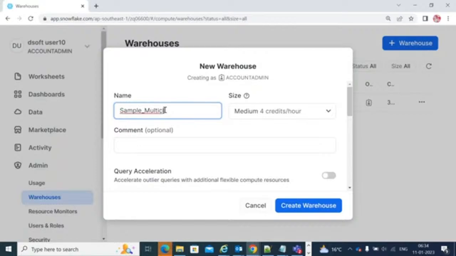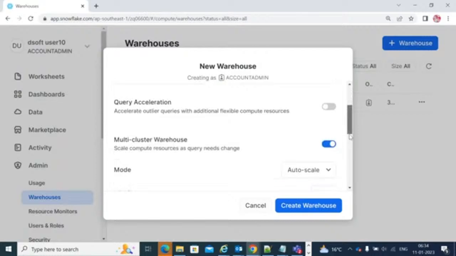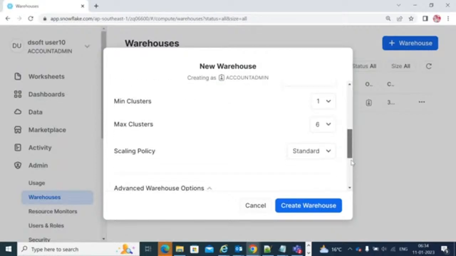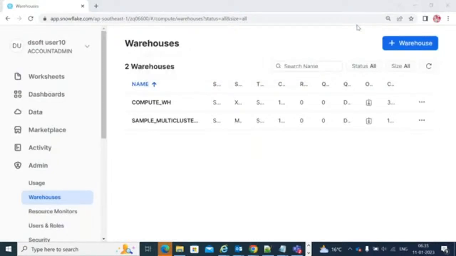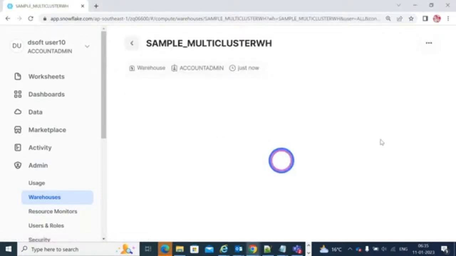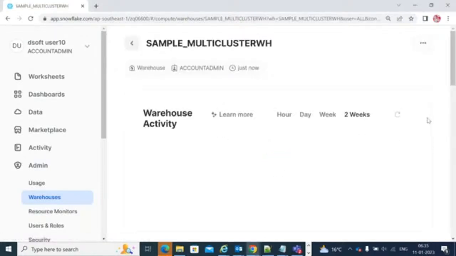Miss, my question is only that whenever we define 1 to 6, as per the data, it means Snowflake internally increases. Suppose we have 10 TB of data, then we will use only one virtual warehouse, only one. Then, if it is